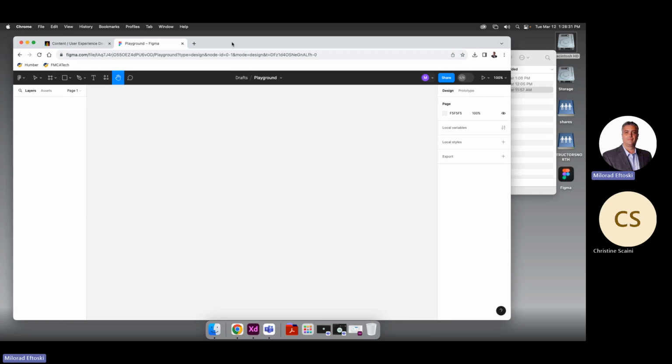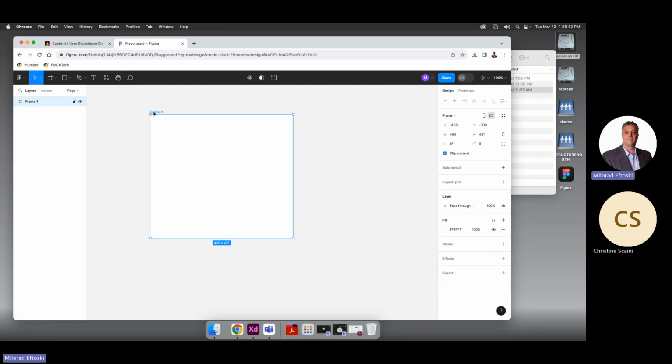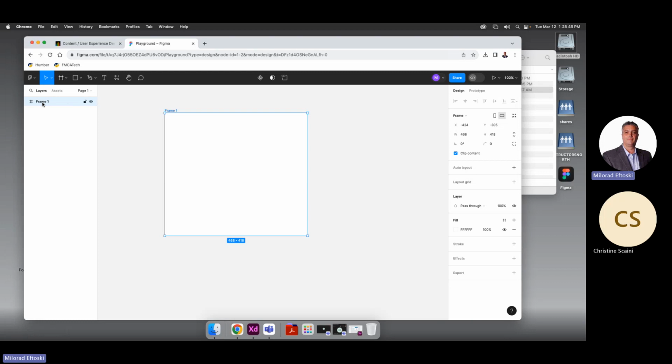So let's go ahead and start by creating a basic frame to start with. So I'm going to ask you to go to the frame tool and go ahead and draw a nice frame on your screen. When I say a nice frame, I mean this could be any size you like. Look over here for a second. Right away, it says frame 1. And look over here. It says